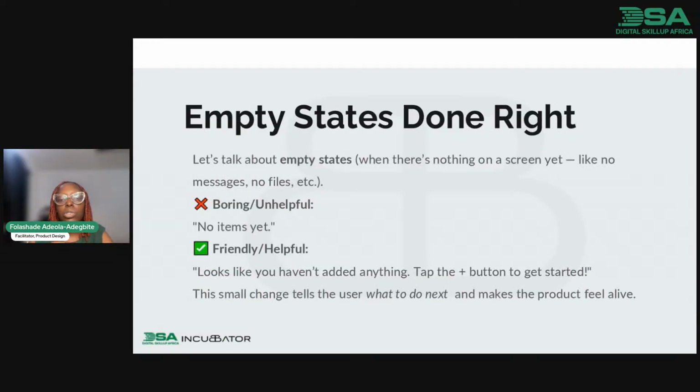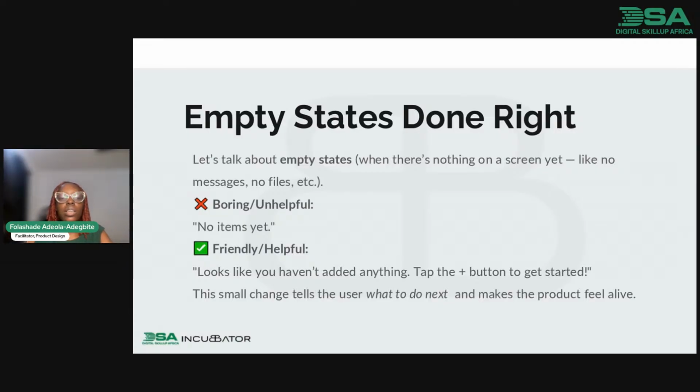Now, empty states done right. Let's talk about empty states. When you are designing, there are going to be screens that you have to do empty states for. For instance, your dashboard, when there's no data to show, you have to show an empty state. How is it going to look? Or for instance, people can add products, new users or members.